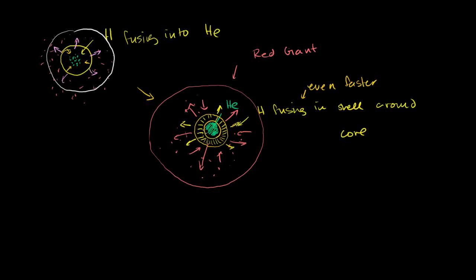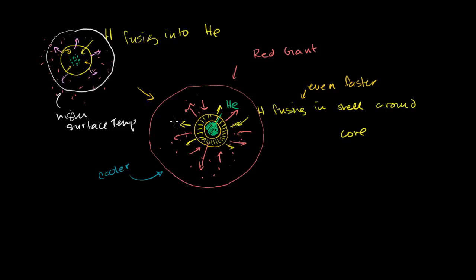more furiously, that energy is being dissipated over a larger surface area. So the actual surface temperature of the red giant at this point is actually going to be cooler. So it's going to emit a light at a larger wavelength, a redder wavelength than this thing over here. This thing, the core, was not burning as furiously as this thing over here, but that energy was being dissipated over a smaller volume. So this had a higher surface